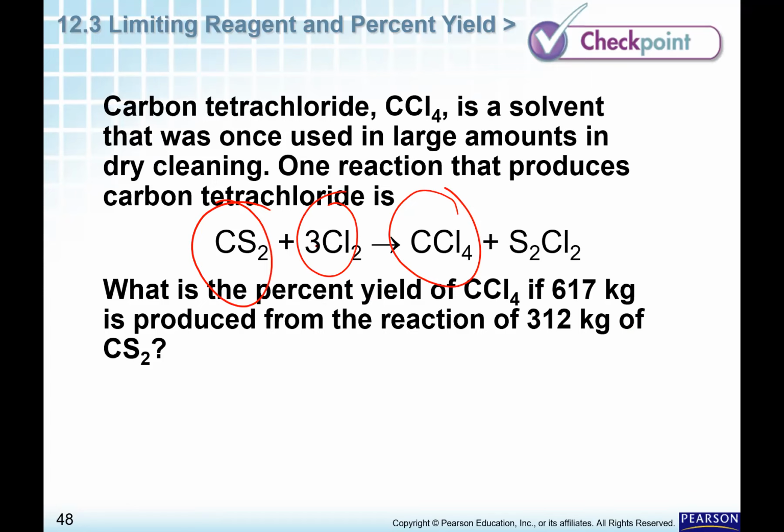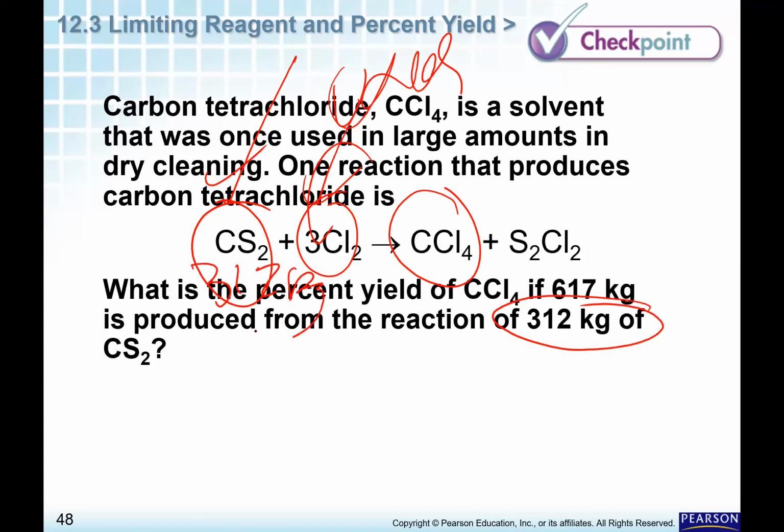617 kilograms is produced from the reaction of 312 kilograms of CS2. So first of all, he is telling you that CS2 is the limiting reagent. He did not mention the chlorine because that will be in excess. Okay, so you're going to use this amount, which is the 312 kilograms of CS2 as the reactant. So we have here